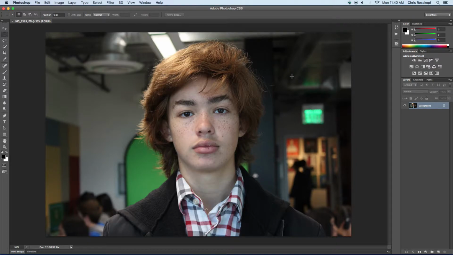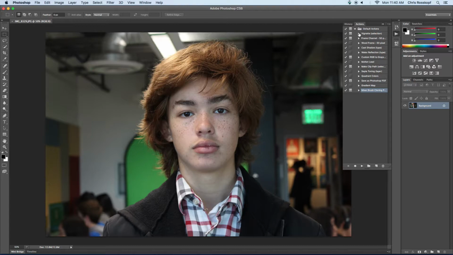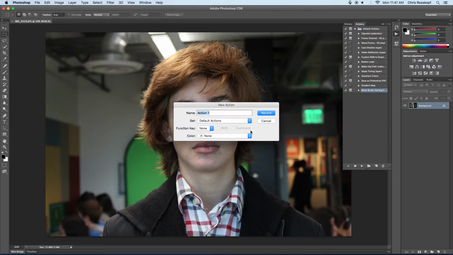So open the image that I want to start with, and what I need to do is record the actions that I want to recreate with several images. So if I go to my window panel and open up actions, see here, there's some default actions already in there that you can batch process, but I want to make a custom action. So what I need to do is click this little icon right here that says create new action, and I'm